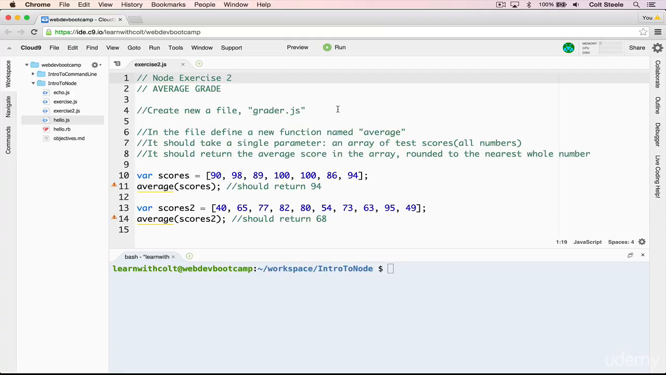The idea behind this exercise is that you are a teacher teaching a class and you have a bunch of test scores, and they're in an array, and you want to find the average score in the array. So you're going to define a new function called average inside of the new file, and that average function should take a single parameter, an array of test scores, which are all numbers between 0 and 100. And then the function should return the average score in the array, but it should be rounded to the nearest whole number. So no 93.3421 blah blah blah,